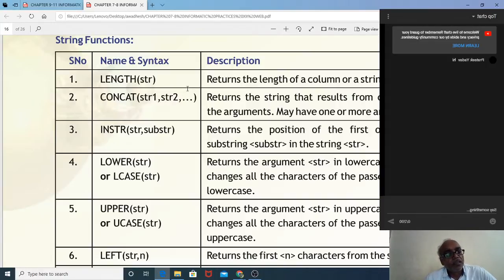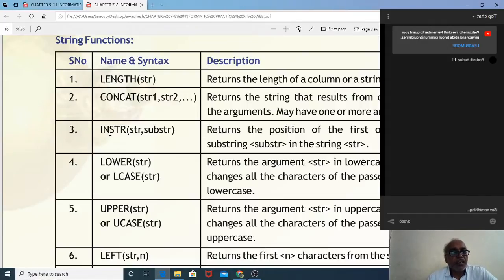Then close brackets, from T1, and then enter. So you'll find good student appearing added to every name present in the table T1. Clear?